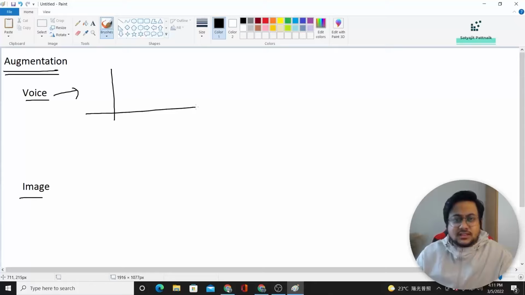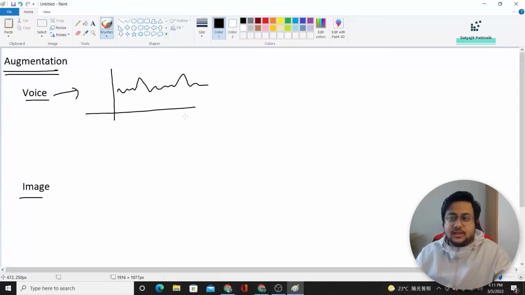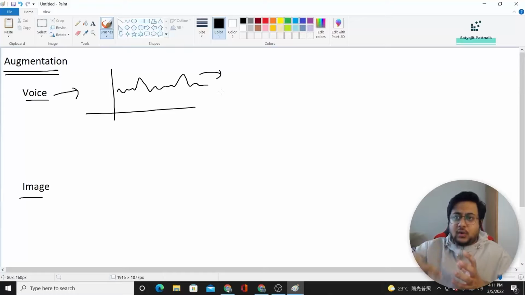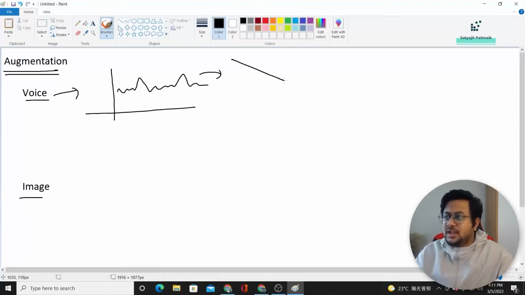Voice data is nothing but amplitude versus time, and it is always one-dimensional data. Let's say you are speaking, hello, how are you? That is a speech, right? Now, how can we augment voice data? That means if you have limited data, how can you recreate more data from your existing data? So there are some concepts like